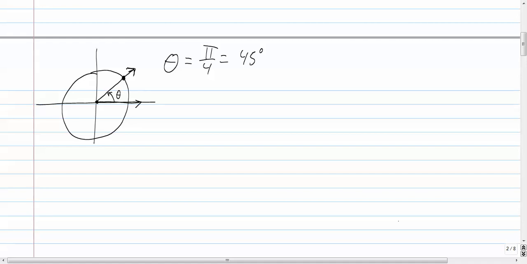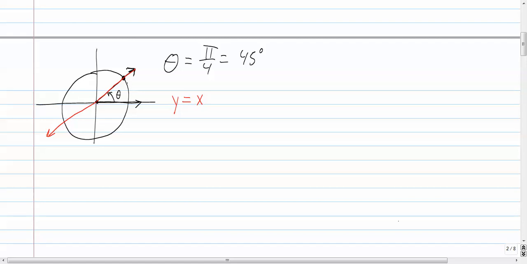Alright, imagine this line right here that's halfway between the x-axis and y-axis. If it was extended into a line, this line's equation is y equals x. Okay, and so if we use the fact that y equals x